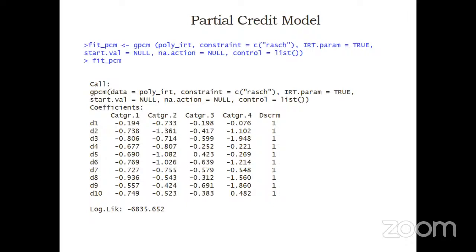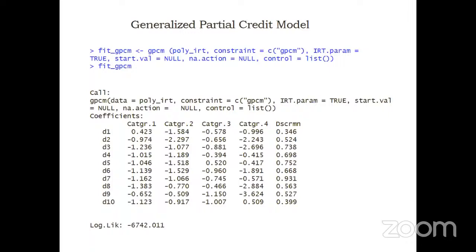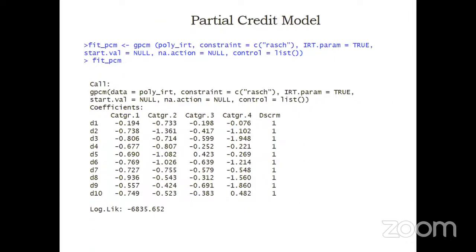And here you can see that the discrimination index is taken to be 1 for all the items. You have 10 items here, and the categories 1, 2, 3, 4 actually show the boundaries, which are different for the options. So since we have 5 options here, you get 4 categories. Four boundaries for these 5 options, right? And the discrimination